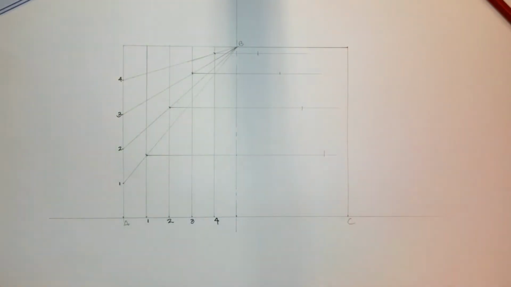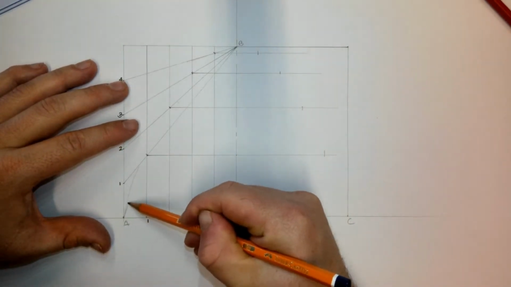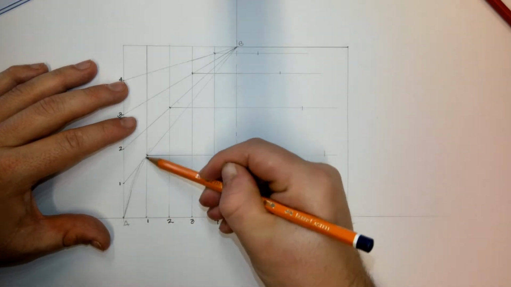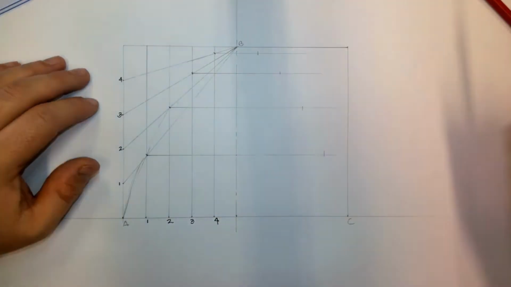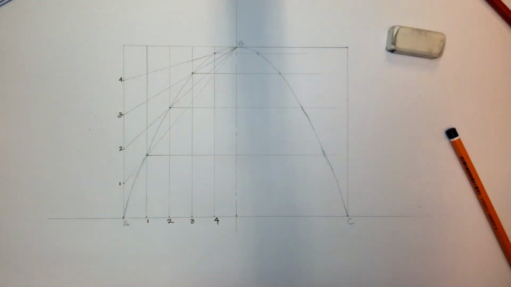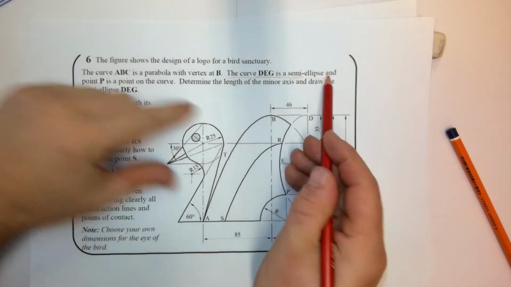Then up over your seat or untape your sheet and you can freehand sketch your points in. So I'm going to complete that now. So with that sketched in, the next thing we're going to do, so the curve DEG is a semi-ellipse with